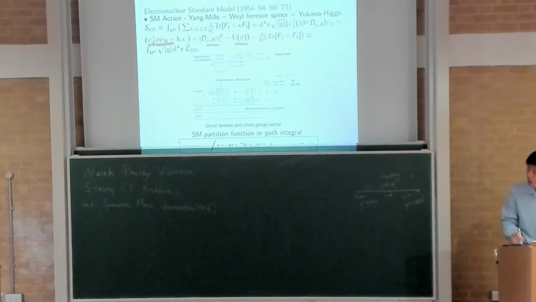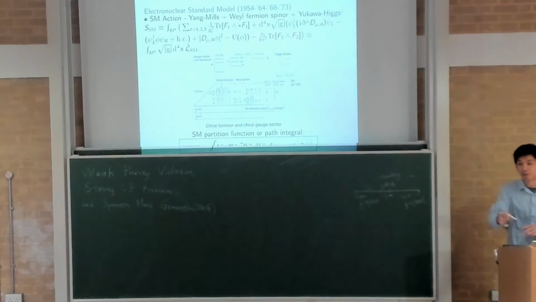Other than that, there's a Higgs potential, and the Higgs is also coupled to the SU2 weak and U1 hypercharge. And the strong CP problem questions whether this theta term is there, and if it is not there, if we have not measured it, why this theta is small. The measurement is based on the so-called neutron electric dipole moment, which is the experimental perspective. We will not touch that today. We'll just work on the theoretical side, thinking about whether this theta term is there in the standard model. If not, can we give an interpretation?